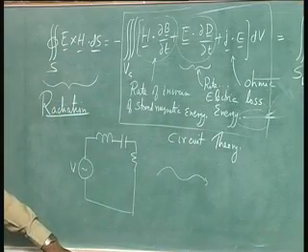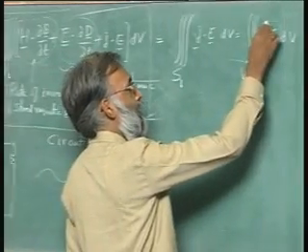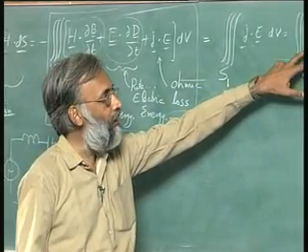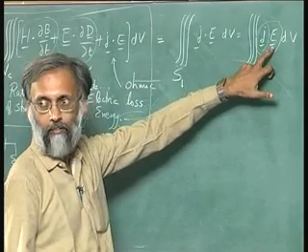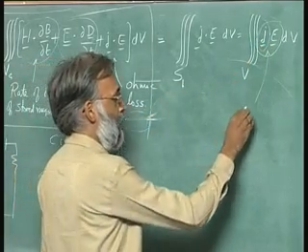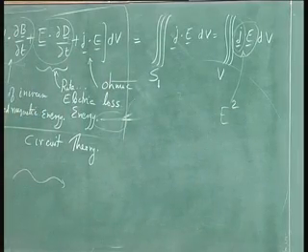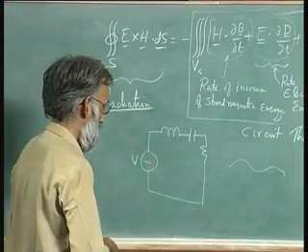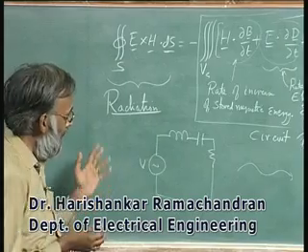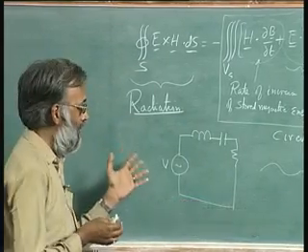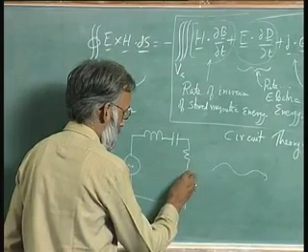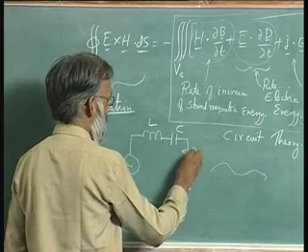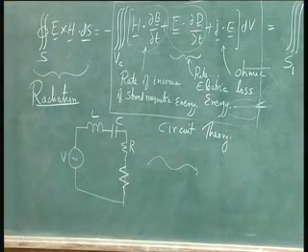In this case, I can do better than that. I can say that the current that I have is itself related to the magnetic field. I will prove that later, and the magnetic field is related to the electric field. Therefore, this is going like E squared. When the power goes like E squared or V squared, it cannot be a battery, it must be a resistor. So, in any practical use of radiation in circuit theory, an additional resistor is added. So, these are the resistances, capacitances, inductances that we already have. We now add one more resistance